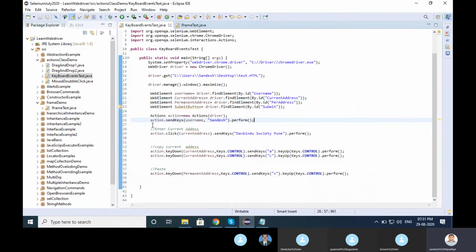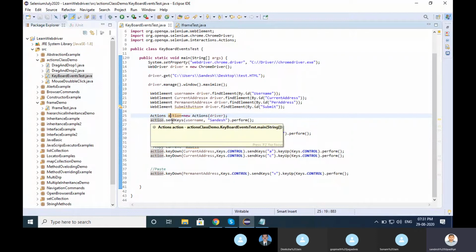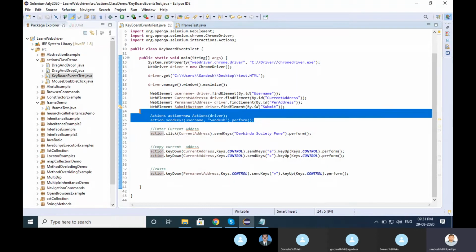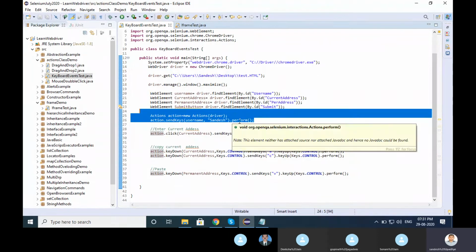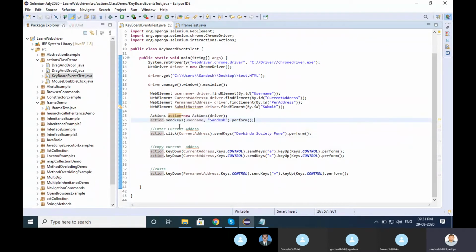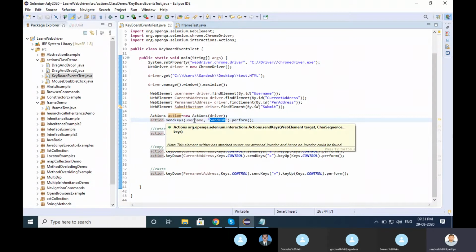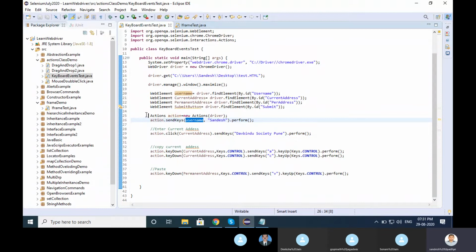If you see here, till this I have created action class object as an action. Using that action dot send key, username Sandesh, perform will perform the operation. So these are the predefined statements, predefined functions basically. So here that Sandesh name will be sent into the username text box.